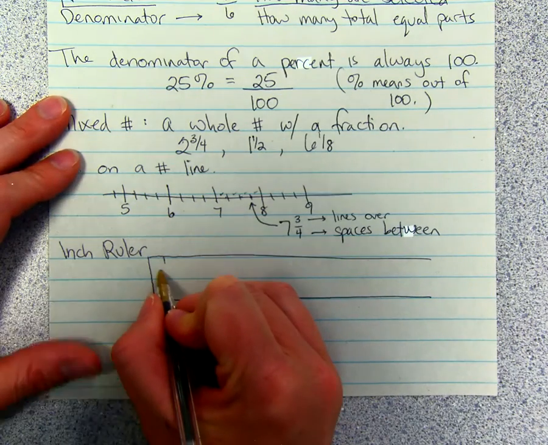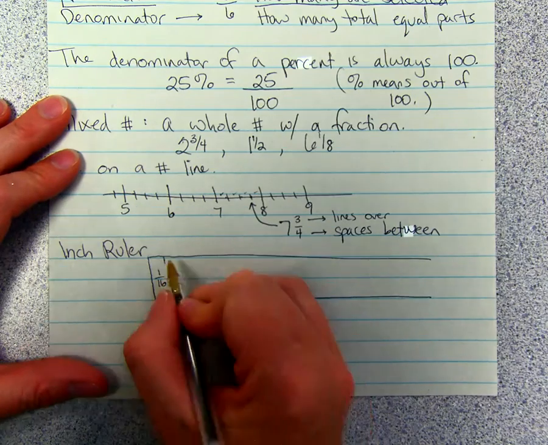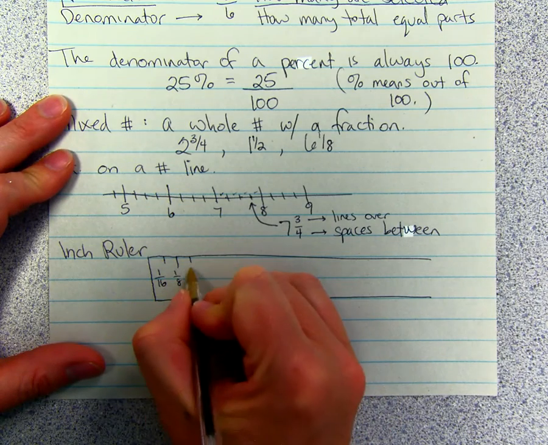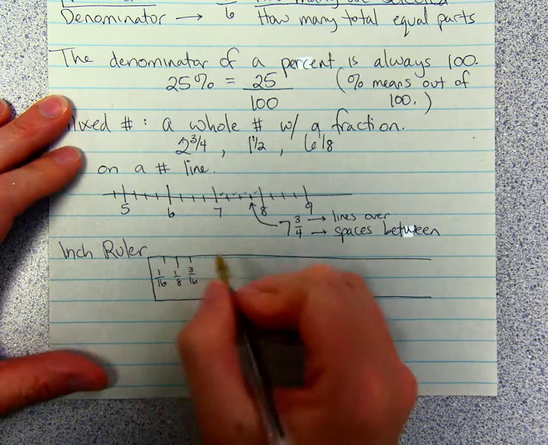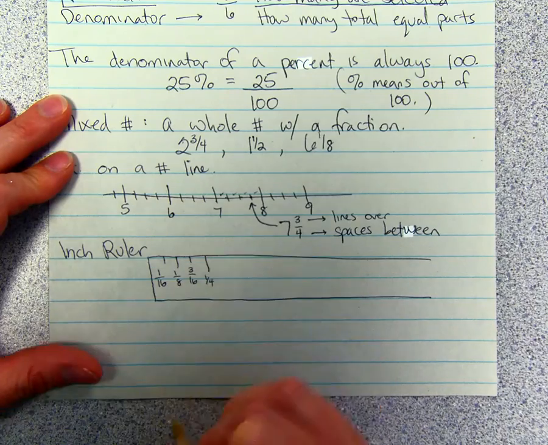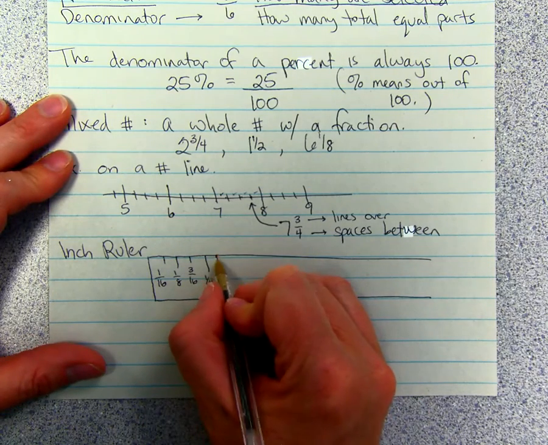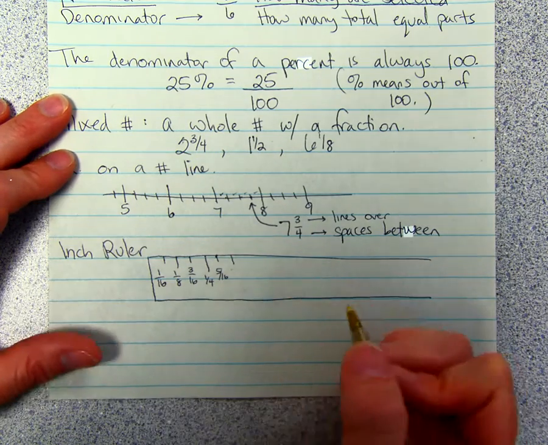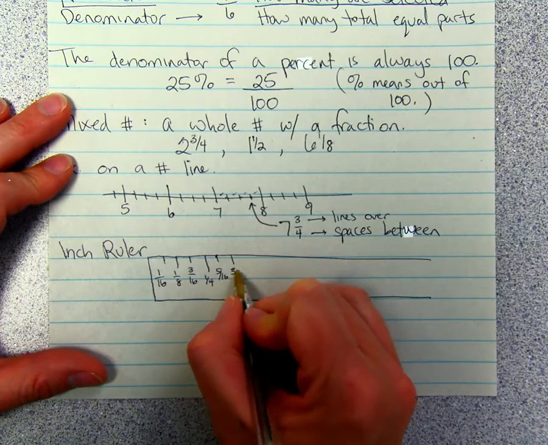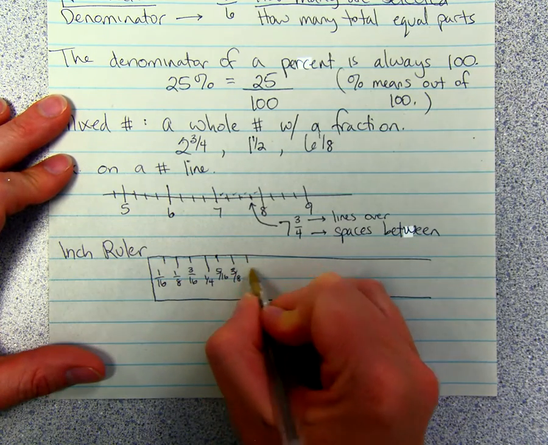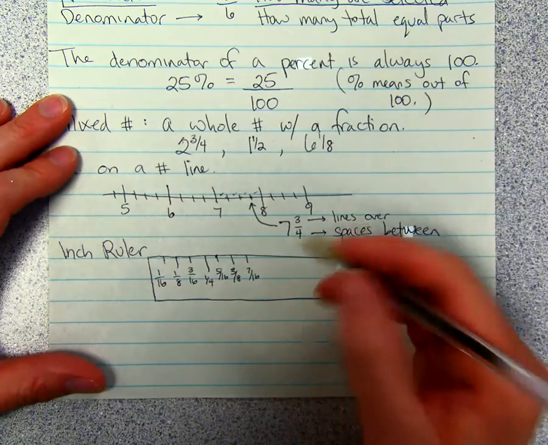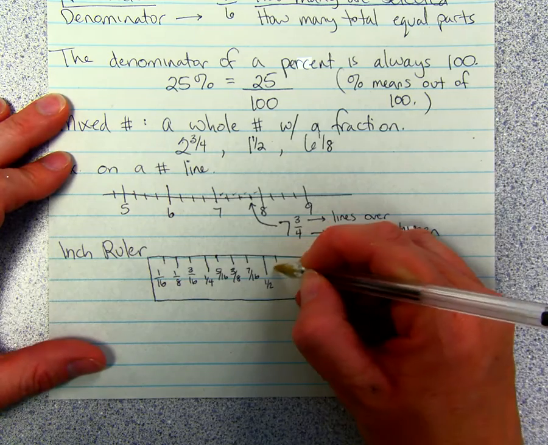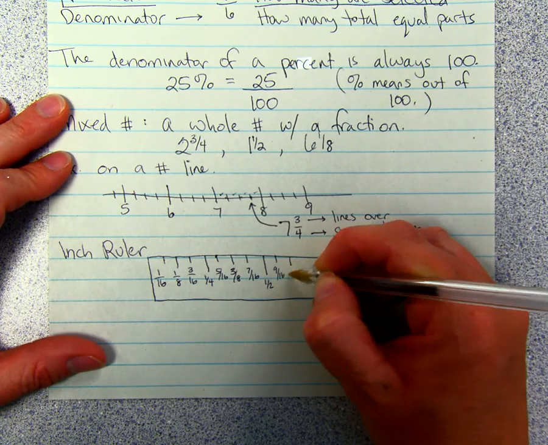They have a 1/16, then a 1/8, usually a little bit longer, 3/16, 4/16 would be 1/4, 5/16, 6/16, which is the same thing as 3/8, 7/16, 8/16 would be 1/2, 9/16, 10/16, which is the same thing as 5/8,